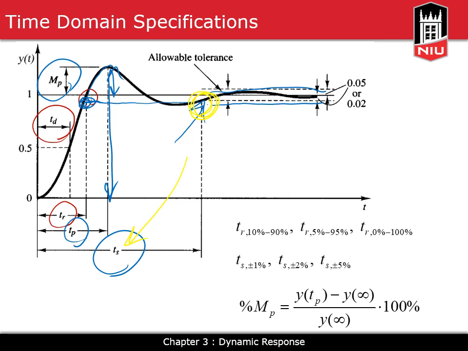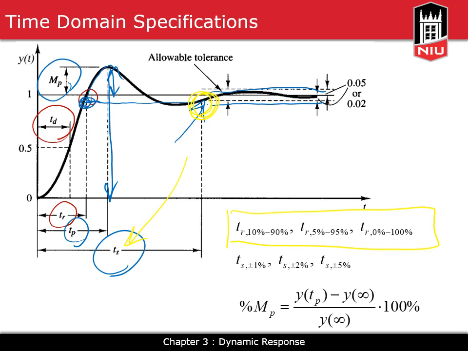A couple of points about rise time and settling time. For rise time, we said the definition is the amount of time the response takes to go from 0 to the value of 1, for example. But sometimes the response does not actually reach the value of 1. That happens for an overdamped type of response where there's no overshoot. In those cases, one of these definitions could be more useful. The amount of time the response takes to go from 10% to 90% of its final value, or from 5%